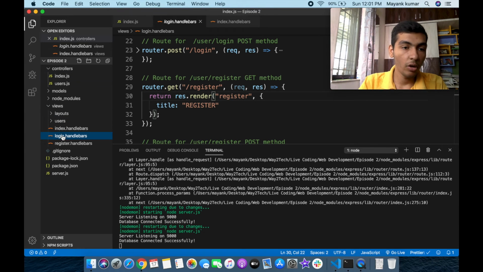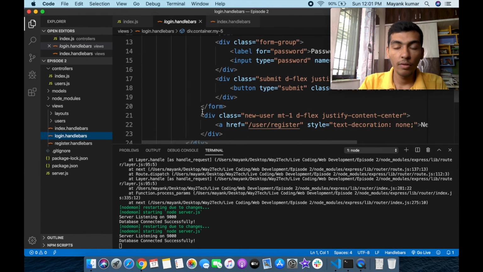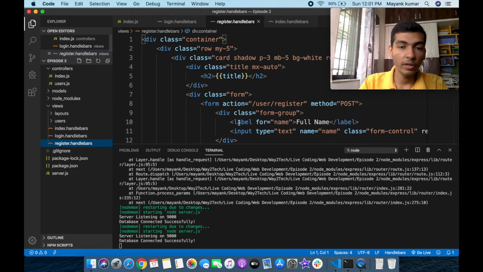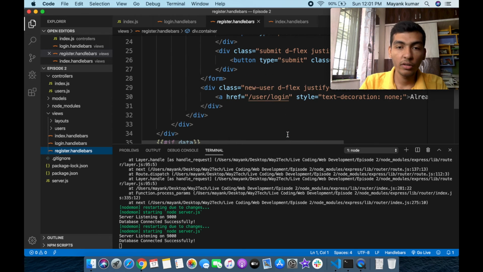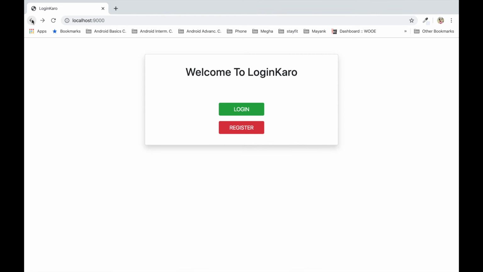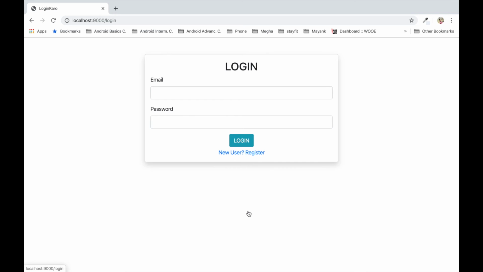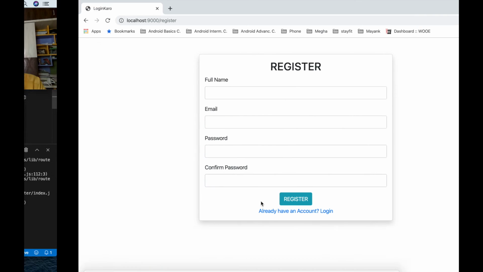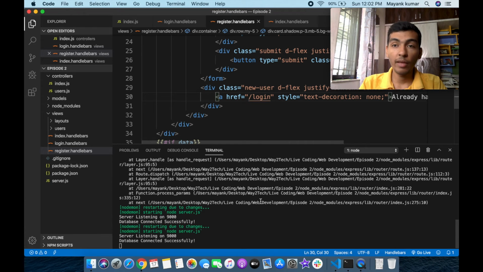Again, in the login, we have to change some routes, which you will see in a moment. This one, change it. And same for the register. And if the user is already logged in, change the route to login. So now the things are pretty clear, and we can just refresh the pages. Now everything is working fine, and we will move on to the session management as we are able